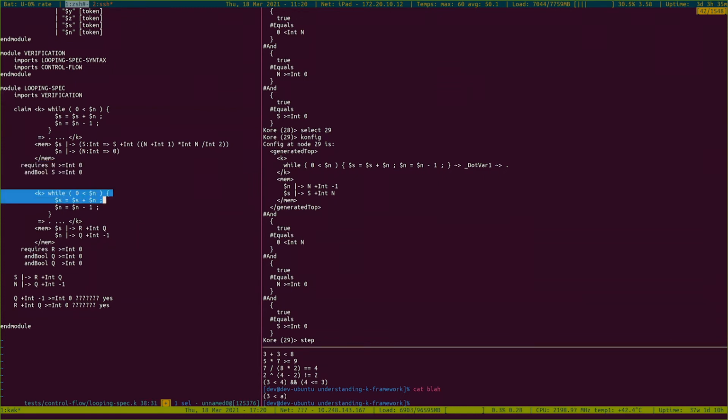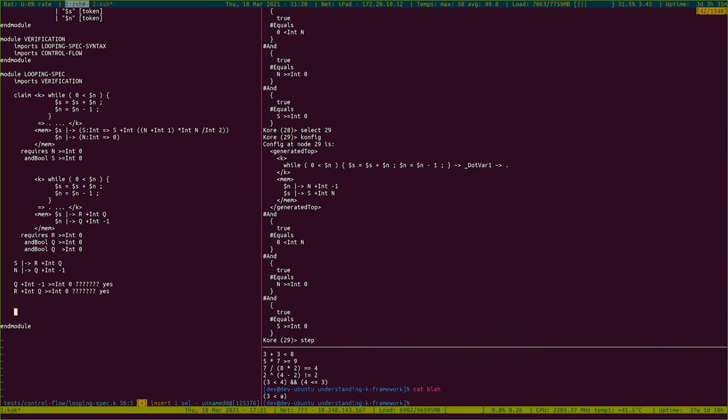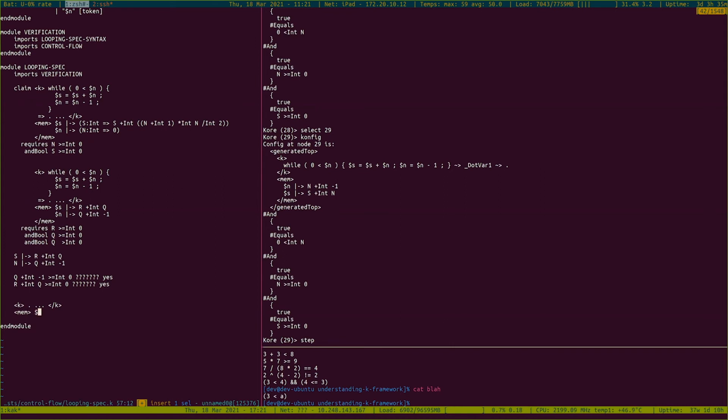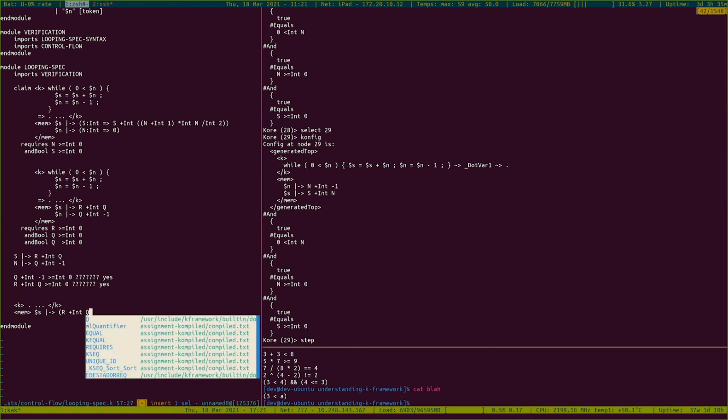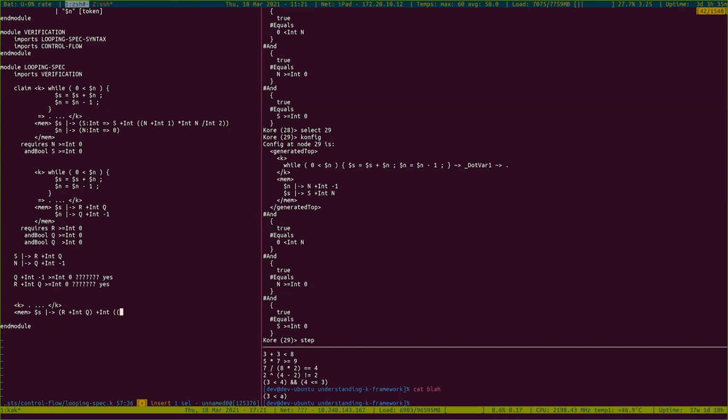And so using that substitution and this state, we can jump straight to the right-hand side of the claim, which is the state that is dot on the case cell and dot, dot, dot. Right? That's this part right here. And then we have to substitute in our values for S and N. So that's mem, $S points at what S is, which is R plus int Q plus int. N is Q plus int minus 1. So